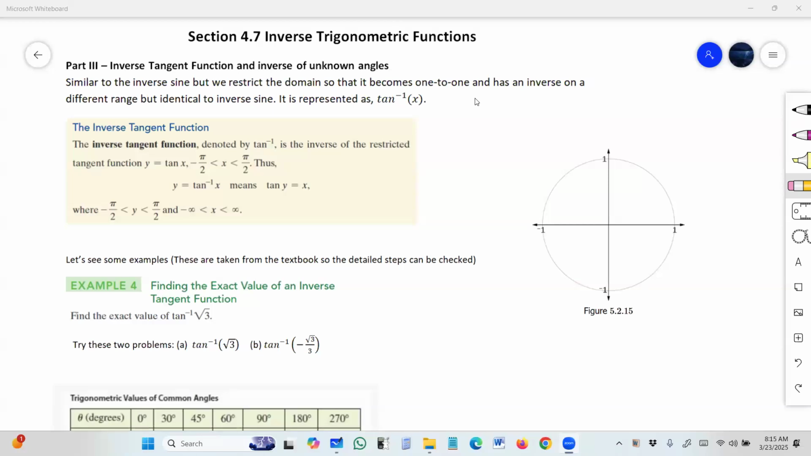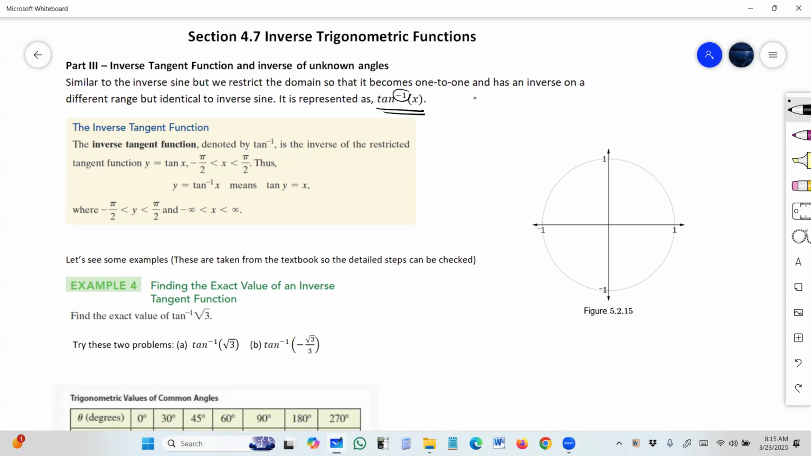Hi, hello everyone. So this is the video dealing with section 4.7, inverse trigonometric functions, and this is the third part, part 3, where we go over the inverse tangent function. So the notation, as we probably already know, is tangent inverse, tan^-1 of x, and that doesn't mean tangent raised to a negative power, it's just a notation